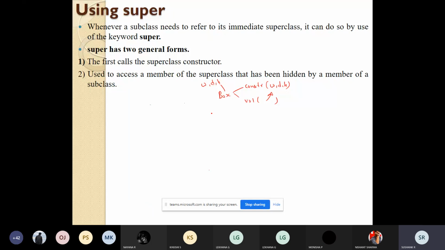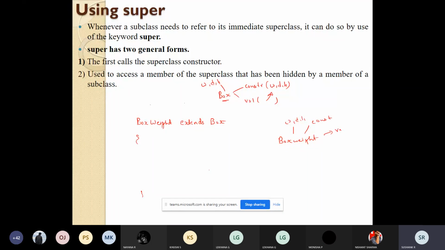Now this is a class called box. So I will create a class called box weight, and I will take the features of the box class. To take the features of the box class, I should perform an inheritance relationship. So now box weight extends box, meaning the box weight class can refer to all the variables of the box class: width, height, depth. It can refer to the constructor, and it can also refer to the volume function.